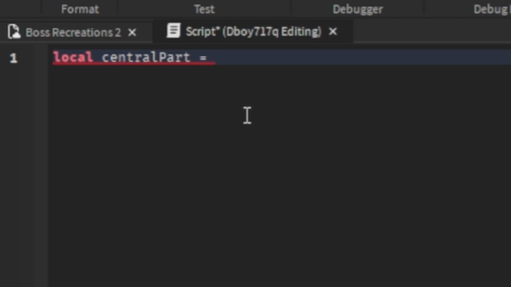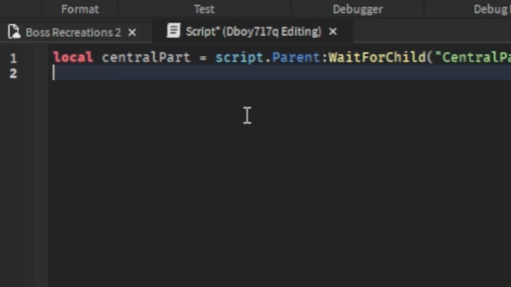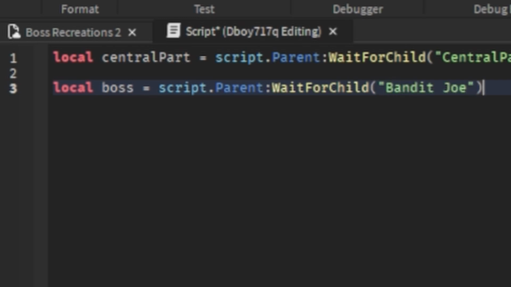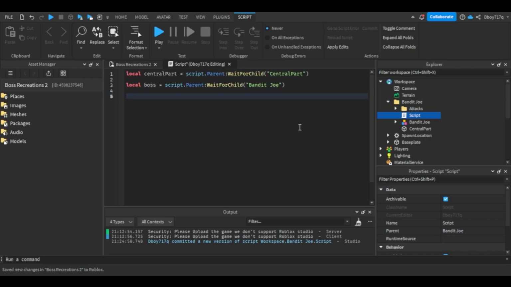So it will be local central part equals script.Parent:WaitForChild central part, and then let's get the boss. So the boss would be the Bandit Joe. So we will do script.Parent:WaitForChild Bandit Joe. And now what we will do is let's create the